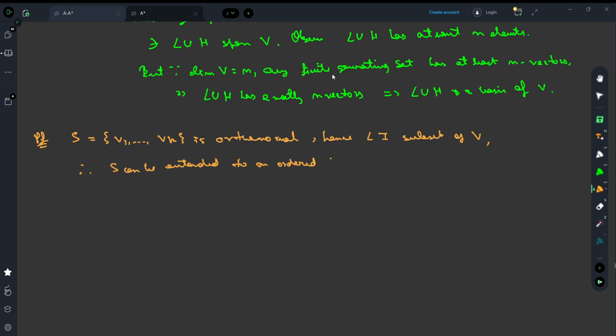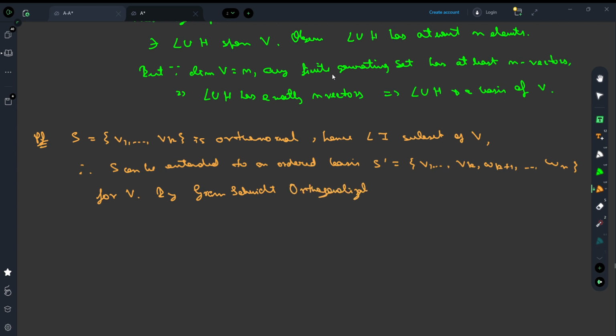Therefore, S can be extended to an ordered basis, say S dash, which is given by V1 till Vk, and we have Wk plus 1 till Wn for V. I guess in the theorem itself we have stated V to be of dimension n. Then what we can do is that by Gram-Schmidt orthogonalization process,